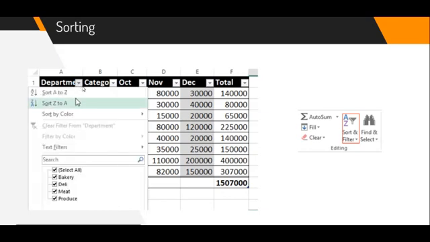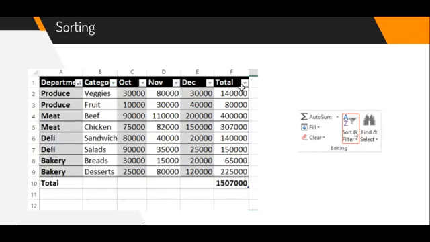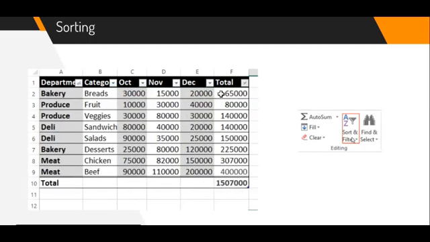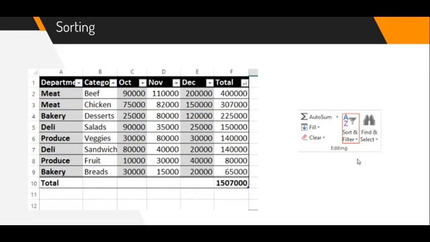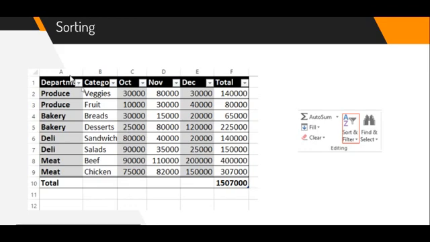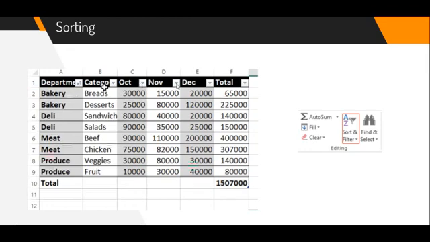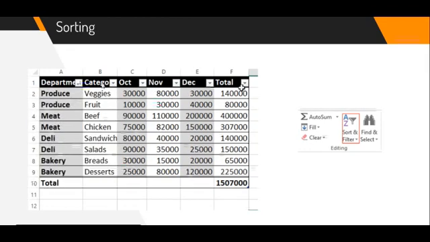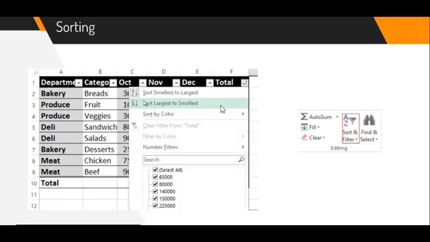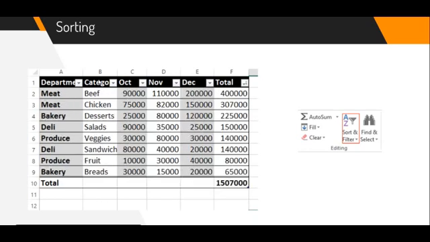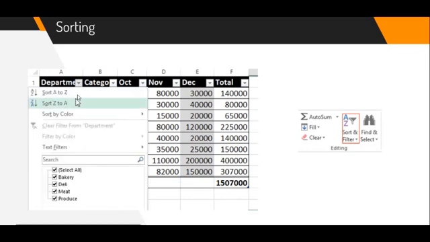So in order to do that, you will have to select the table, and on the editing group box, you click on sort and filter, and you click on the sort button. Once you do that, these little arrow buttons appear on each column, and once you click them, it gives you a menu. That menu is basically a lot of things, but the first two options is how you can sort